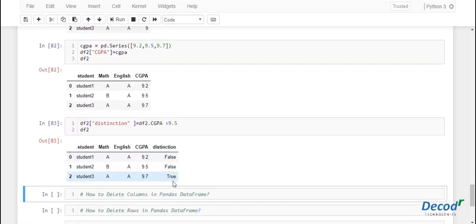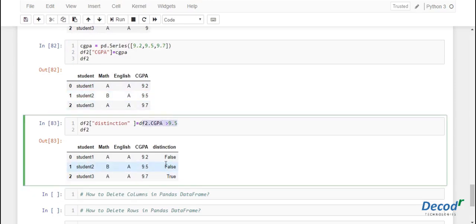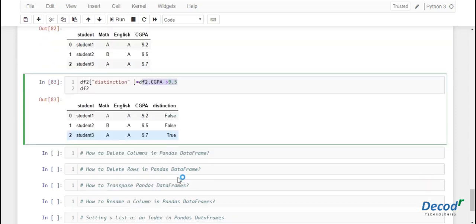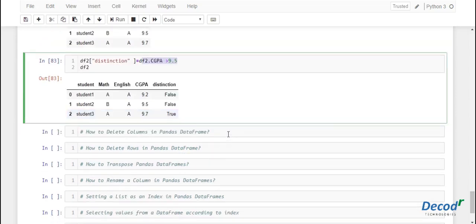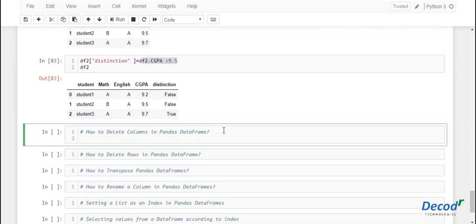Yes, so you can observe that for the first 2 elements the CGPA is not satisfying this condition, so it is false for the new column, and for the last element 9.7 is greater than 9.5, so it is true. Now let's see how to delete columns in a data frame. Let's suppose we want to delete the last column in the data frame.